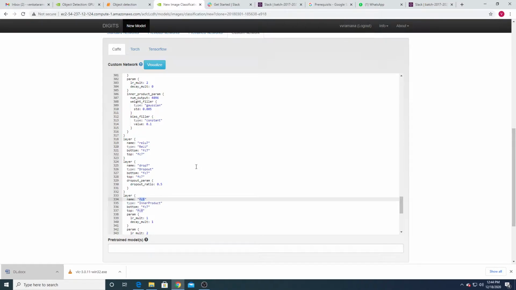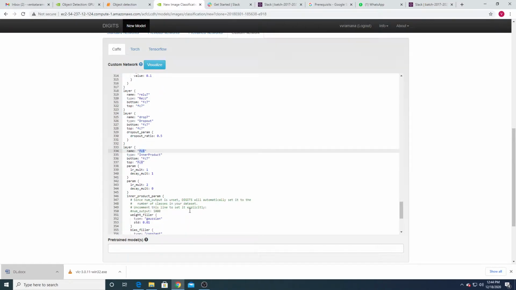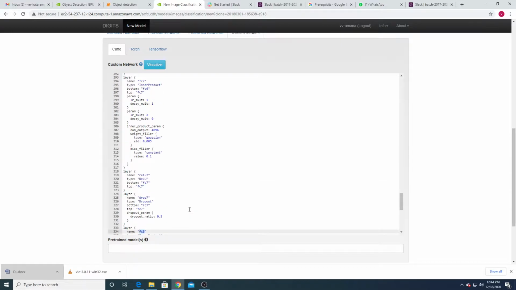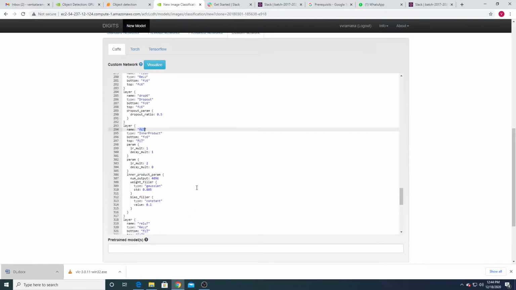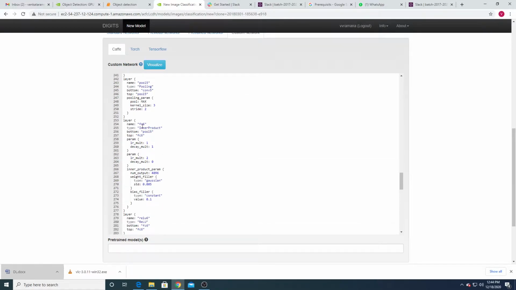Actually at the end of the convolution layers you can see the fully connected layer FC8, and there is one more, FC7, one more fully connected layer, and FC6, another fully connected layer. That means at the end you can see the fully connected layers, right? We are resizing that complete 2D or some huge dimensional matrix of convolutional layer outputs into a single dimensional matrix, and we are adding some hidden layers, and all the hidden layers are interconnected until the output layer. That is called the fully connected layers.